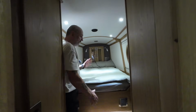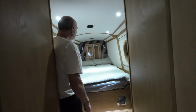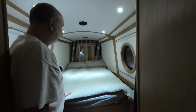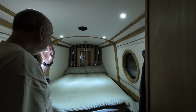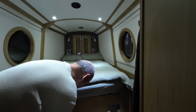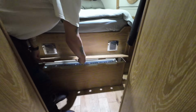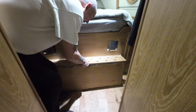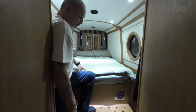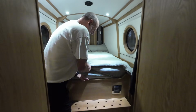Yep. This is the bedroom. As I said, it's an enclosed bow, and we take up the whole of the bow, if you like, with the bed and associated bits. That doubles up as an escape hatch. This under here is the radiator, which you can easily access. This slides out, and you can attend to it if you wish, and it also doubles up as a step. So you have that, and then obviously the bed